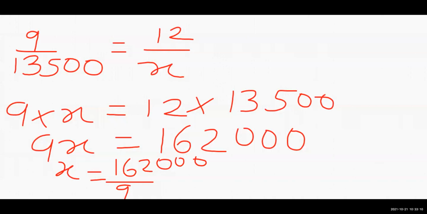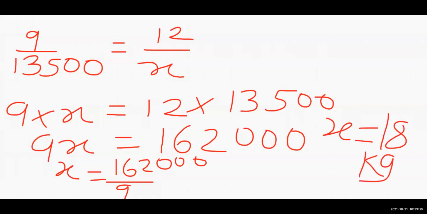But I want answers from other students also. Next, you are going to answer one question. Fast. Very good. What are we getting as the answer? x is equal to 18 kg. How much? 18 kg. We are getting the answer, that is x equal to 18 kg. Clear? Okay. So that means 18 kg will be needed for 12 cows. That will be needed for the 12 cows.